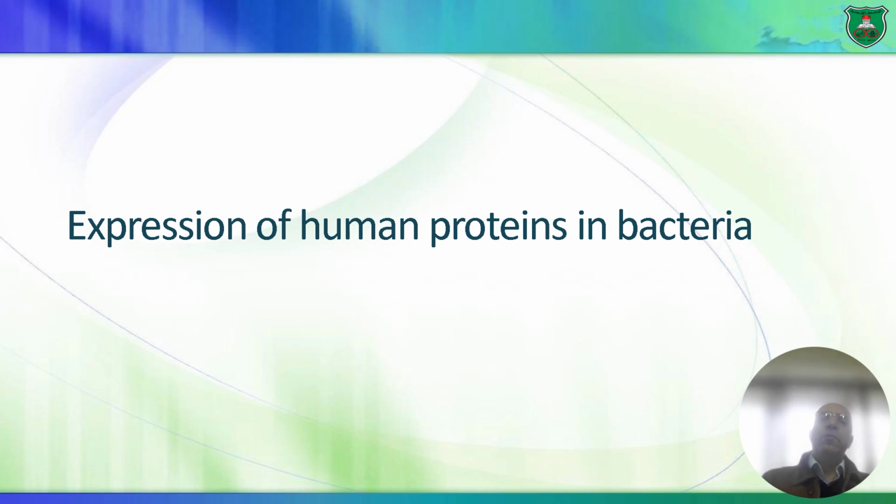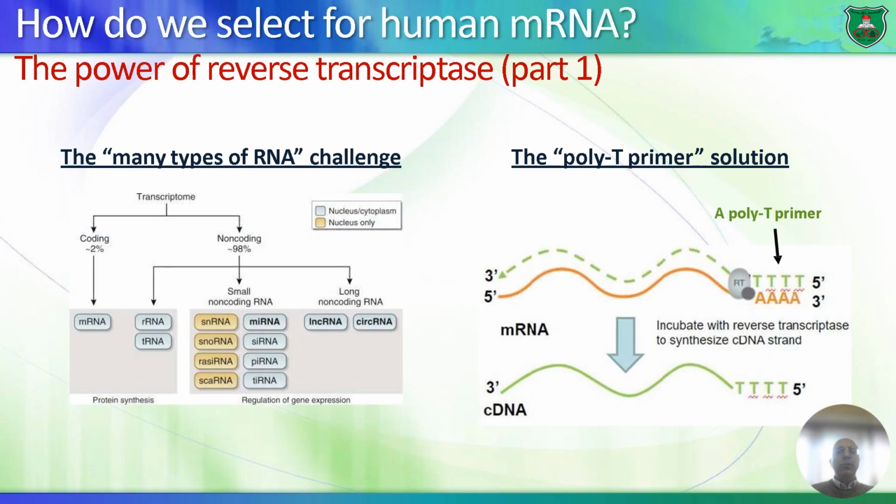Okay. So, remember the things that we talked about before in terms of cloning, how we can clone DNA into a plasmid. But we will start talking about the production of complementary DNA or cDNA. Now, in order to express a specific gene in bacteria, a human gene that is, we have to select its messenger RNA. Now, there are two problems when it comes to using the messenger RNA, a human messenger RNA, for any particular